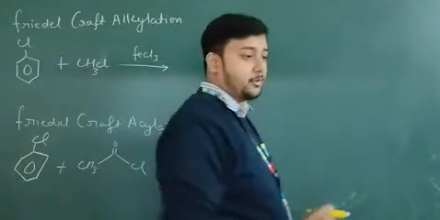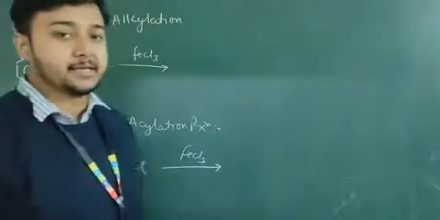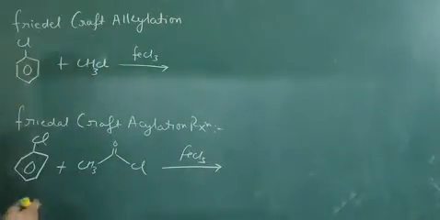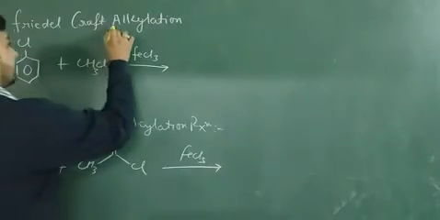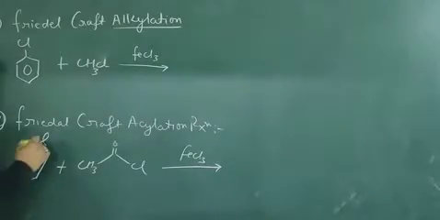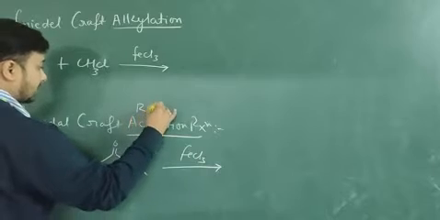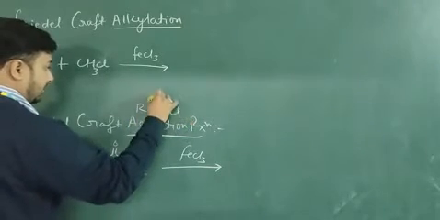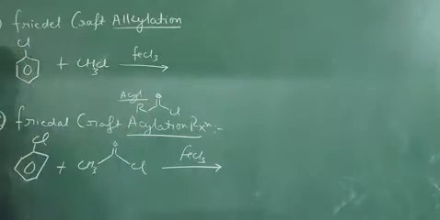Today we discuss a very important reaction, which is a named reaction from your haloalkanes and haloarenes chapter. The first reaction is Friedel-Crafts alkylation and the second one is Friedel-Crafts acylation. In alkylation we are adding the alkyl part to the aromatic ring, and in Friedel-Crafts acylation we are using the acyl part, that is RCOCl. This is called acyl. Clear?